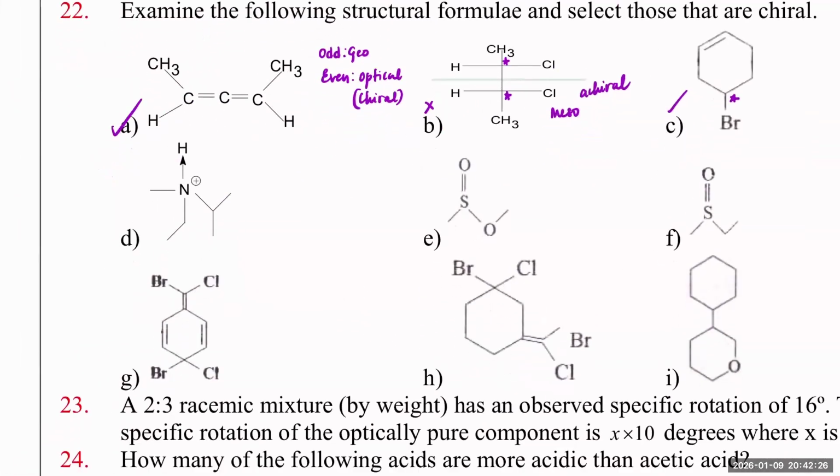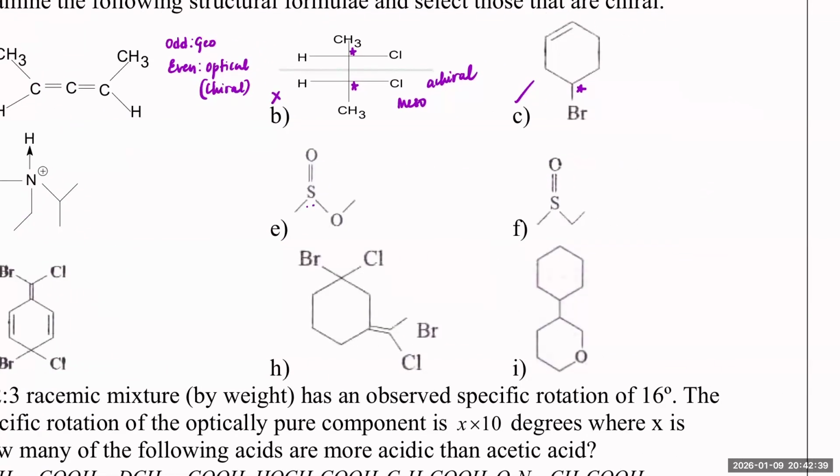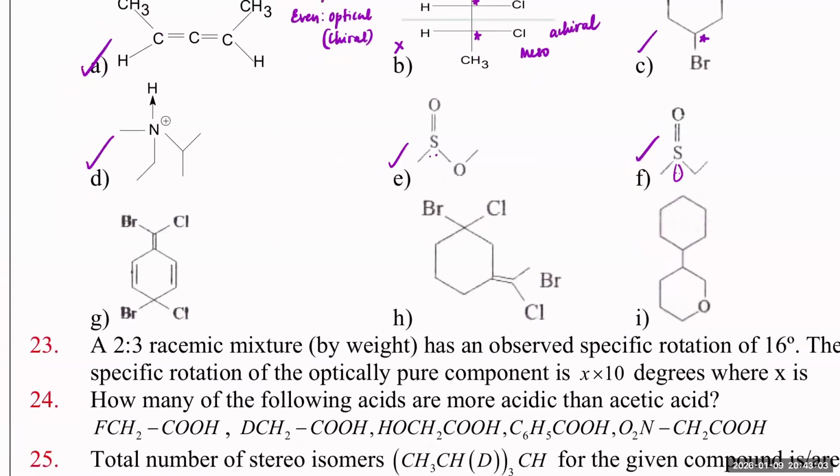Next, nitrogen with a plus charge definitely acts as a chiral center considering it has four different groups. So you can see methyl, ethyl, isopropyl, and hydrogen make it a chiral center. And I told you, other than nitrogen, any third or fourth period elements, if they have a lone pair, can also act as a chiral center. So sulfur with 1, 2, 3 groups and a lone pair, four different groups, is a chiral center. And here also sulfur with a lone pair, ethyl, methyl, oxygen is a chiral center. So these two are chiral centers as well. Next,